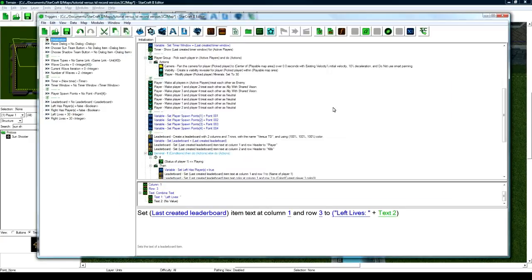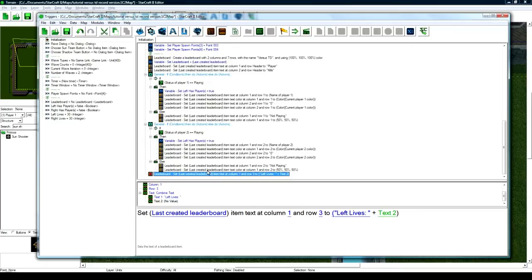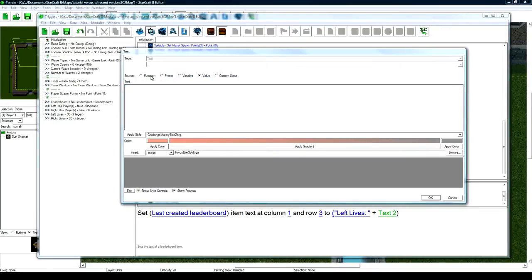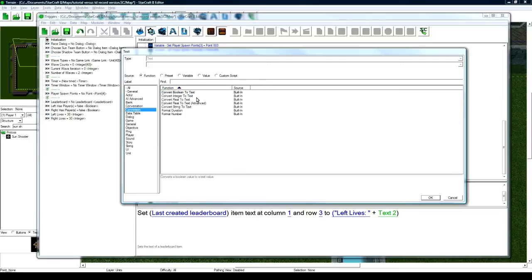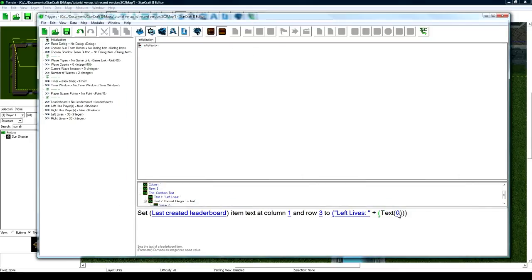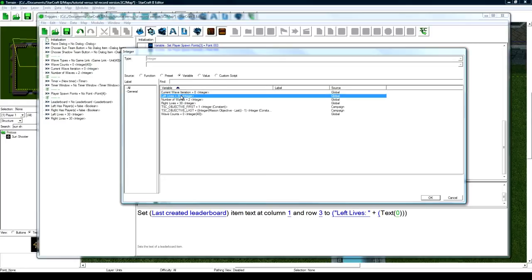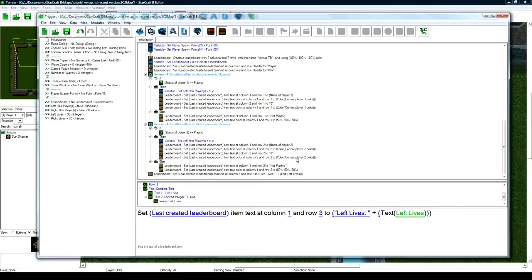So back in initialization now, we're going to set it to left lives, and instead of text 2 being some text, we're going to go function, conversion, convert integer to text. Instead of the 0, we're going to do variable left lives. So it's going to be 30, right? It's going to say left lives colon space 30 the first time we run this,